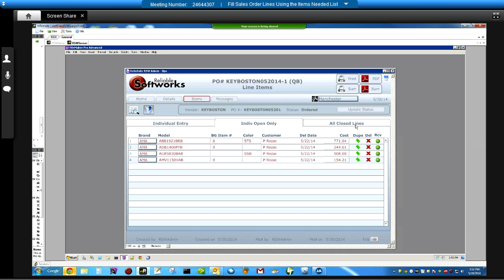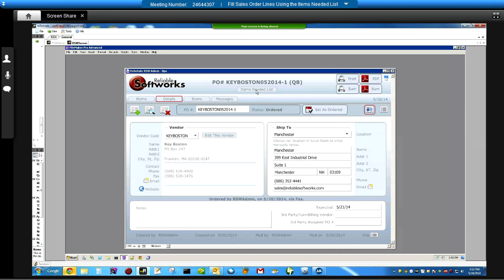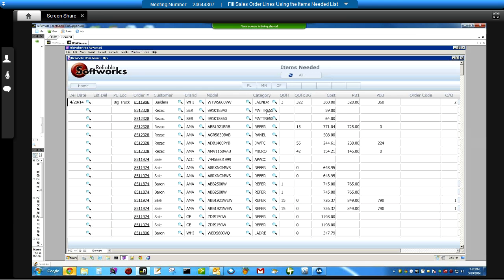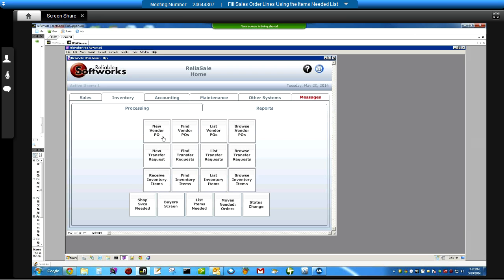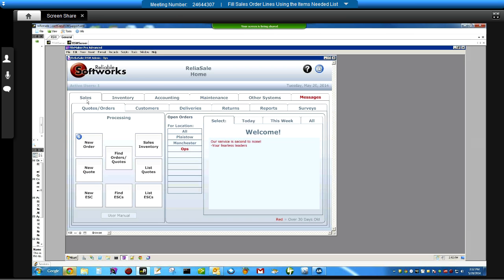So now this is ordered, and you're all set to move on. You've got the link. You'll notice these are in red, by the way. Red means that they have not been received yet. You've got a link to your sales order right here. When these pieces get received, the sales order will be filled in with the QLN and the serial number that